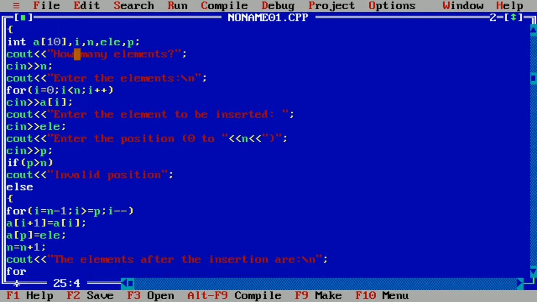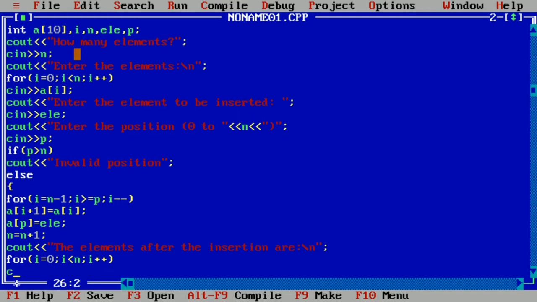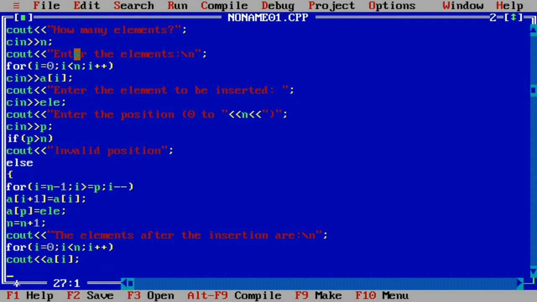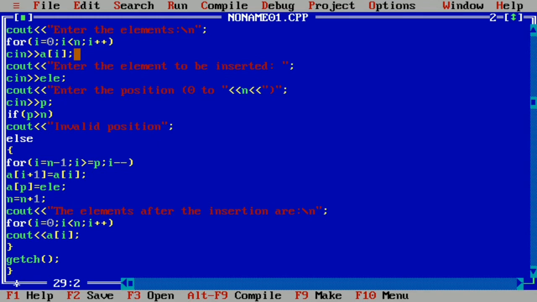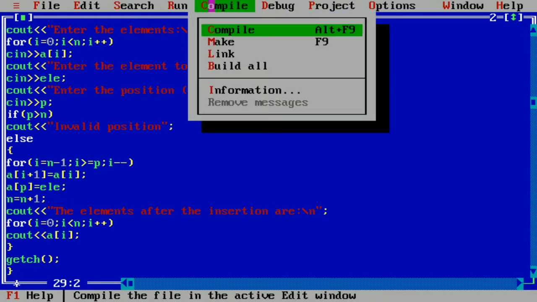Then we'll write for loop structure: for i = 0; i < n; i++. Yes, next cout a[i]. So curly closing brace for this else part, and here we'll write getch and curly closing brace for the main function. So next we'll go for compile.